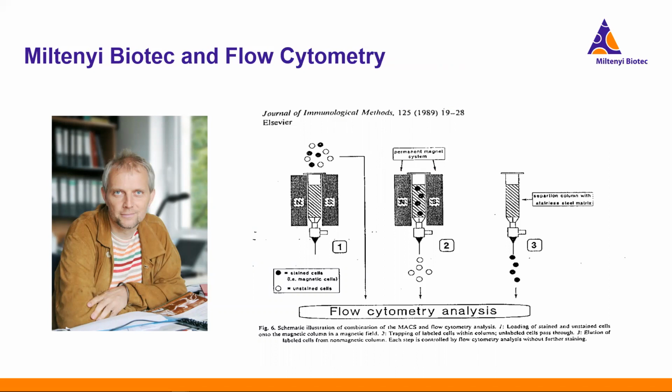And for this talk, I'm going to spare you those very interesting details, but I've included this figure to show you from the very beginning, we've been intimately linked to antibody production because Stefan knew really good antibodies were crucial to ensuring the magnetic labeling of cells as well as the cell analysis, which he was doing using flow cytometry.